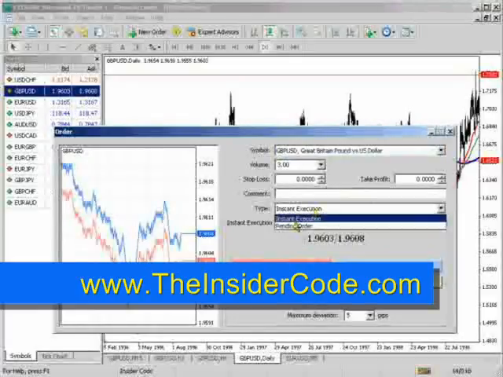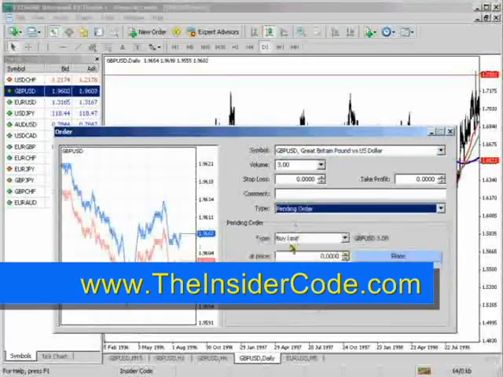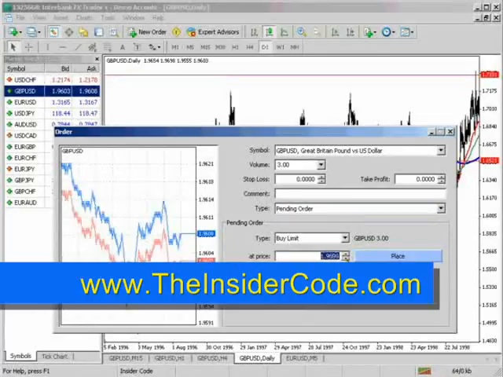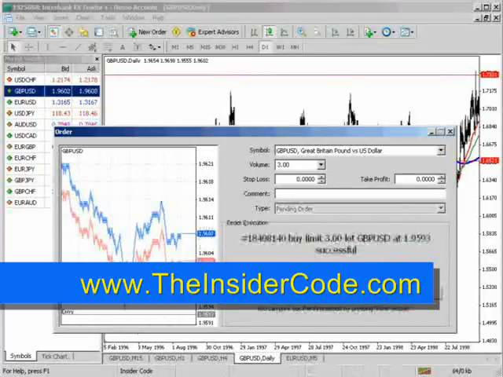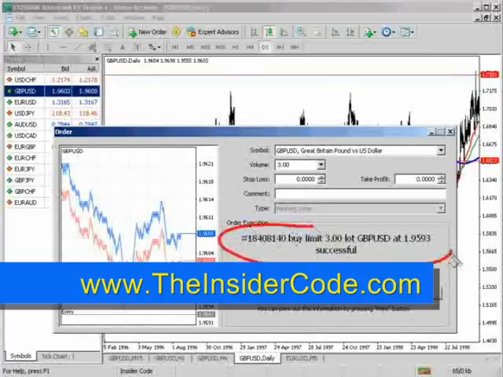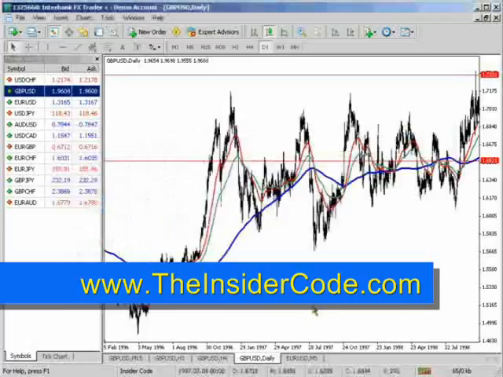Now if we wanted to buy, let's go to pending order again. And we have a buy limit. We'll go ahead and move this down. Now if we wanted to buy in this case when price was down here, we would simply select 95.93, we have buy limit, and then we would select place. And you see here it says buy limit 3 lots successful. Then you can just click OK. Let's go back to